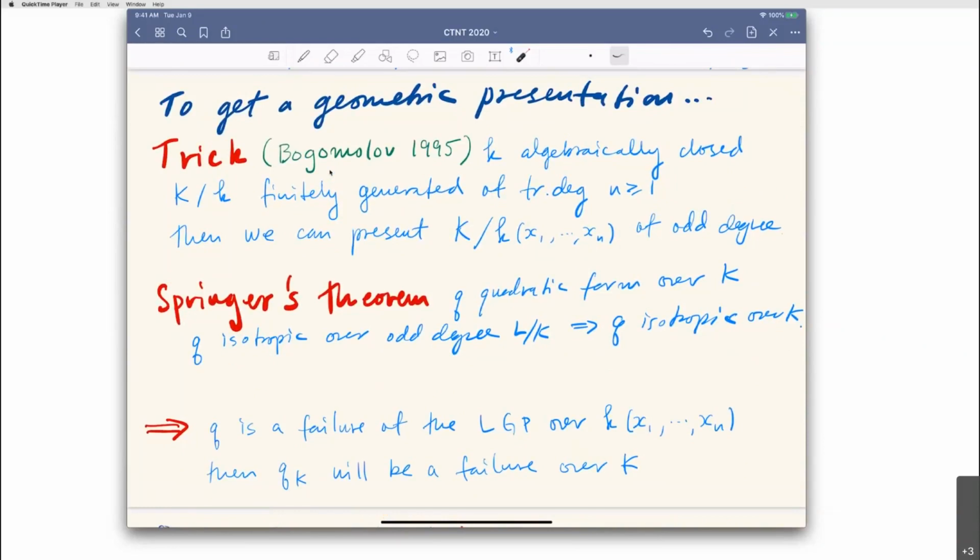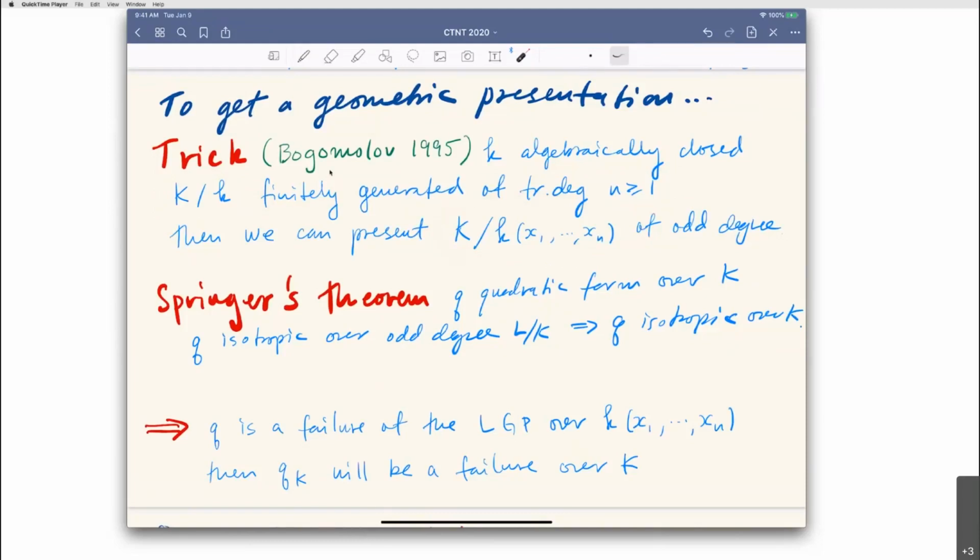In our case, in fact, we don't have any kind of geometric presentation lemma for unramified cohomology, but we use this trick due to Bogomolov, which is kind of amazing, and I'm trying to popularize this trick, so I want to tell you about it. If you have a function field of transcendence degree n, at least 1, over, say, an algebraically closed field, then this is not just Noether normalization. You can always find the function field as an extension of a rational function field, but you can always choose that extension to be of odd degree. This is an amazing trick. If you want to know more about it, I can tell you later.